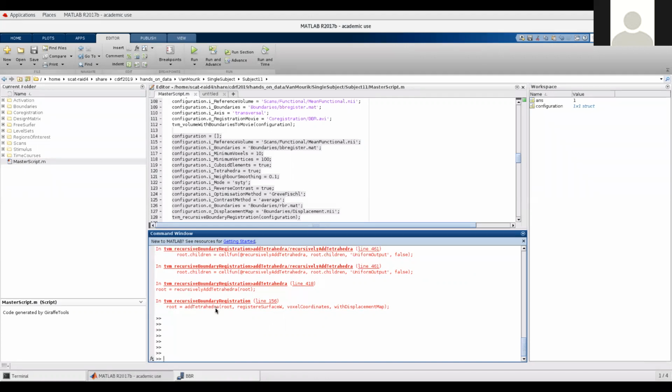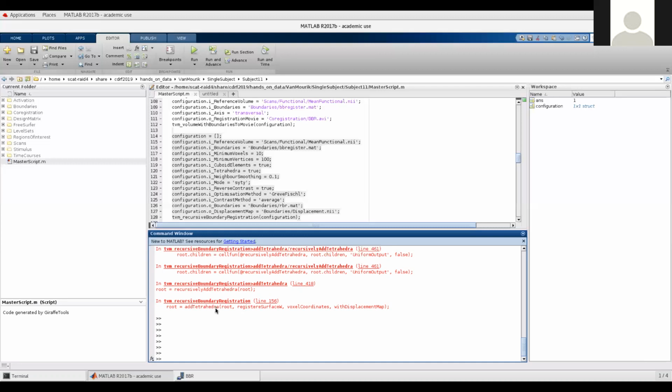Yeah, John. What kind of parameters would you change for the subject? Whenever you're doing your recursion, you're going deeper and deeper. Basically you're making the volume of registration smaller and smaller, which allows for more overfitting at the small level. So that's the most important one, the size of the recursion. It's not the only one. There are also, depending on the contrast, you might want to change, well, that's not from subject to subject,